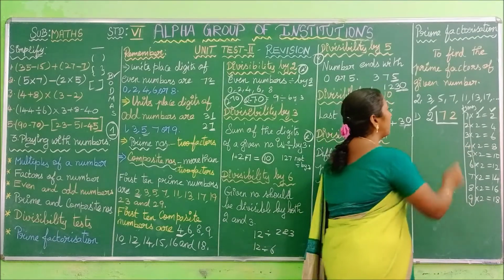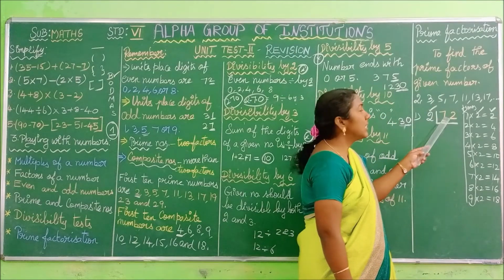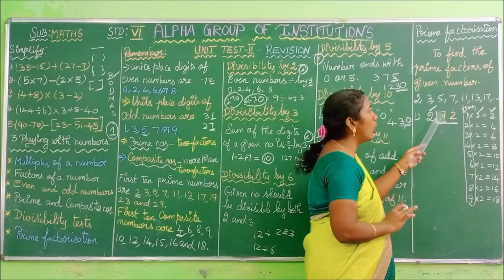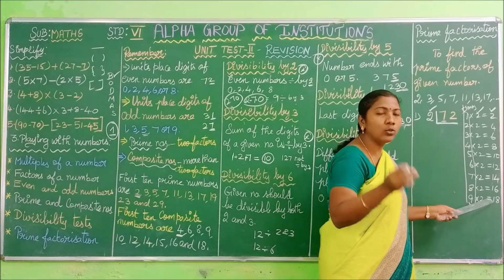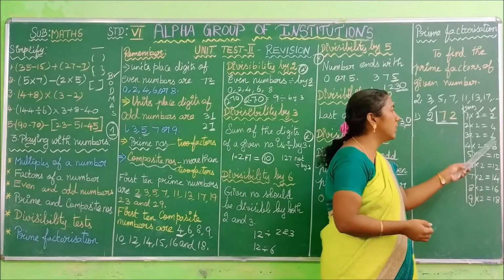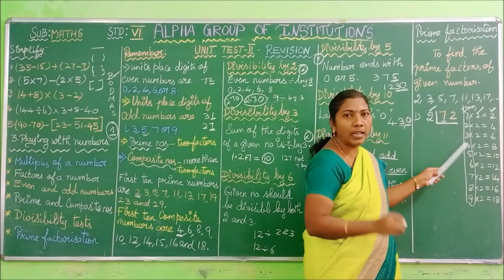Okay, first step is you have to choose the first number. See what is here? 7. 7 is bigger than 2, so you have to stop up to it. And you have to observe whether 7 comes in the answer part. It is not in the answer part, so you go with the number which is next smaller to 7. Which is the number smaller than 7? 6. 6 comes in the 2 table. How many times? 3 times.